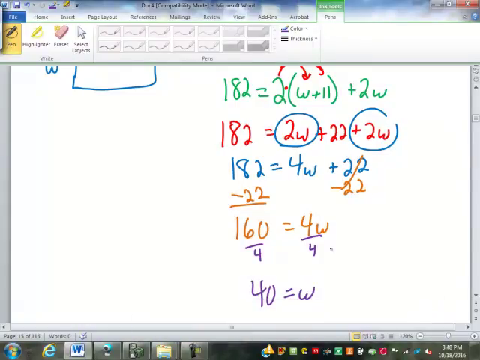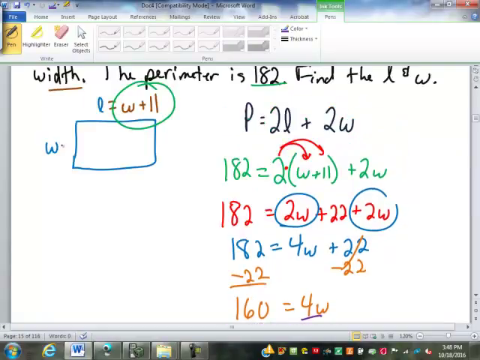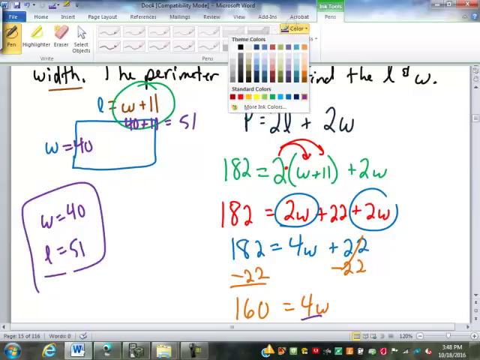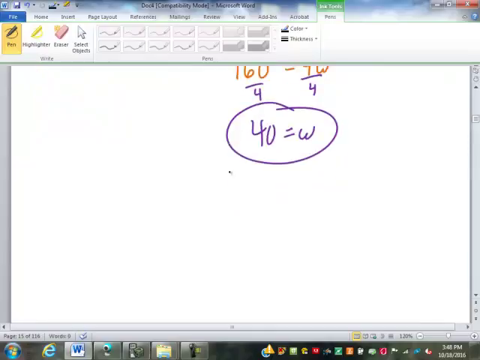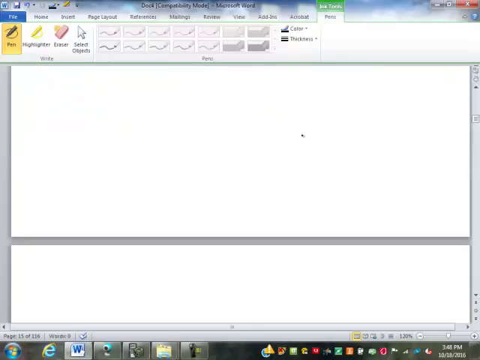So all we had to do is divide by 4 to get 40 equals W. So back up here, W equals 40. And the length is 40 plus 11, or 51. So a width of 40 and a length of 51 units. And that's the type of problem we're going to do a few different variations of today for class, looking at the word problems. We're going to also look at problems very similar, related to that one,